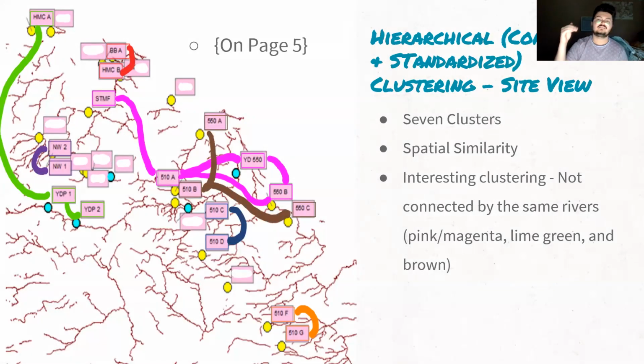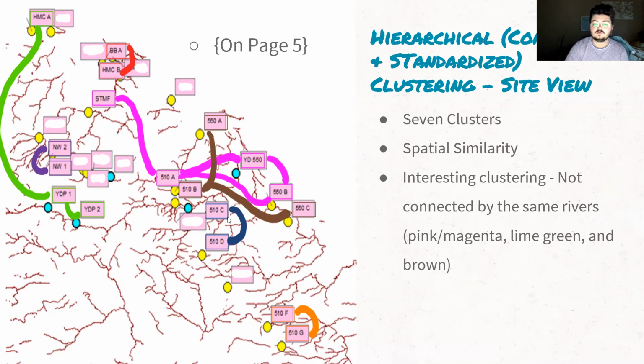And when I did the complete and standardized hierarchical clustering based off of site centroids, we had those 7 clusters, and each of those 7 clusters is color coded on the left. This picture is depicted larger in the supplemental text on page 5. And what we saw was there was typically a spatial similarity. So as we can see on this